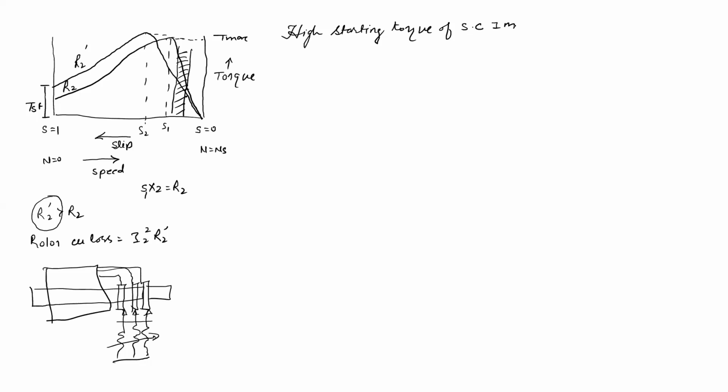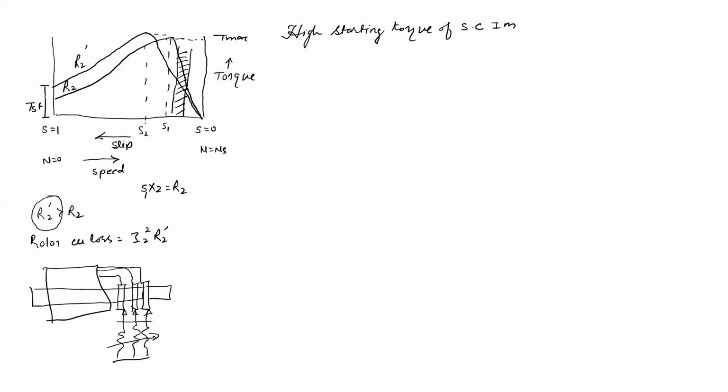It is rigid in construction. There is no slip ring, there are no brushes, and it is a maintenance free motor. It can be made as a flame proof motor, or a flame proof cage can be provided. Cooling can be provided for such motors, and it can be used in dusty areas, outdoor areas, or chemical factories.